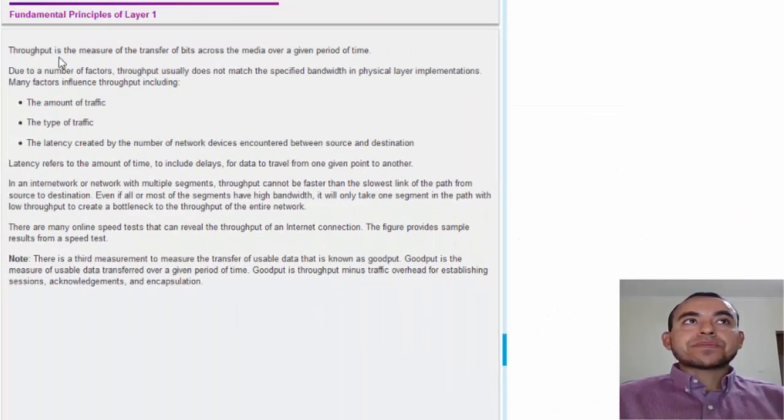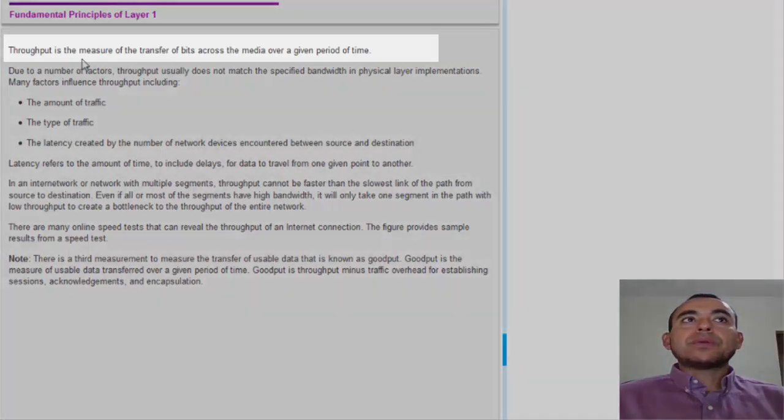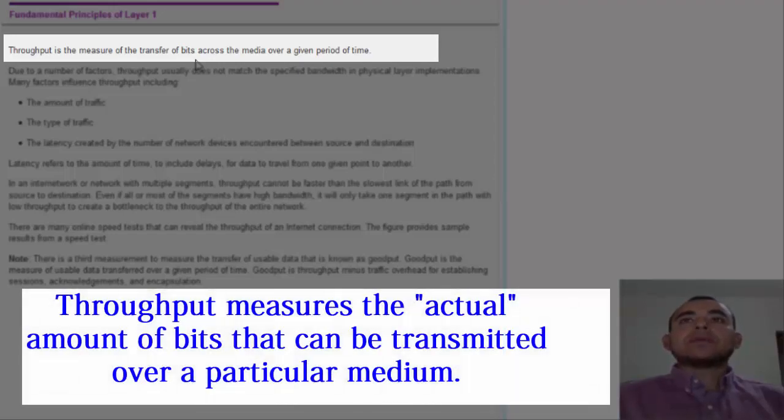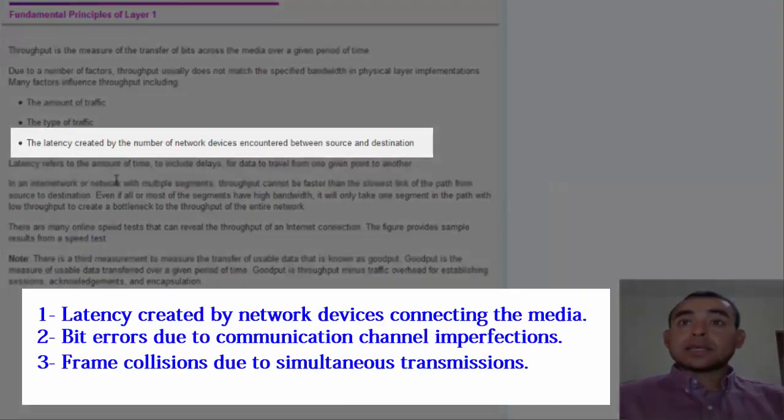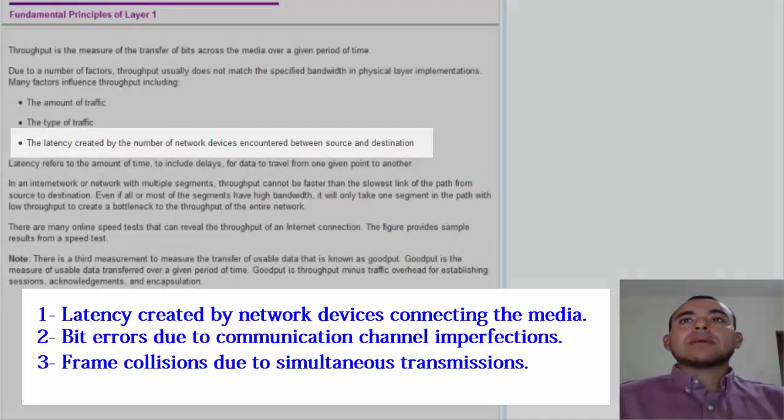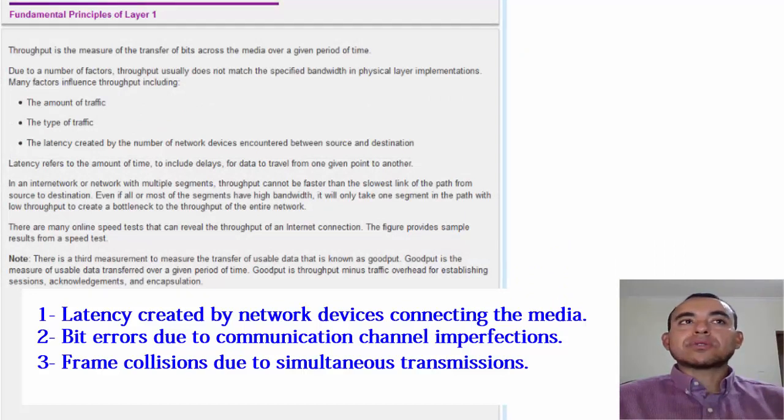For that, we define another important concept, which is throughput. The throughput is the measure of the actual achievable transfer of bits across the medium from one place to another, which means that using some physical medium as well as some network devices, what is the actual amount of bits that we can get on the other side. In many cases, this throughput is lower than the bandwidth due to many factors. Some of these factors include the latency created by network devices, and as we will see later, some of the bits can arrive in error, in which case we have to do retransmissions. Some of the frames can also collide together, in which case we have to retransmit these frames again, so the actual throughput that we achieve is significantly lower compared to the theoretical